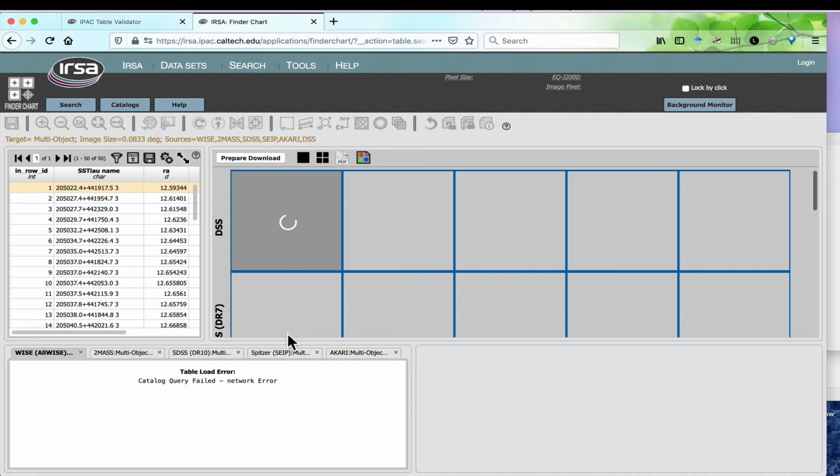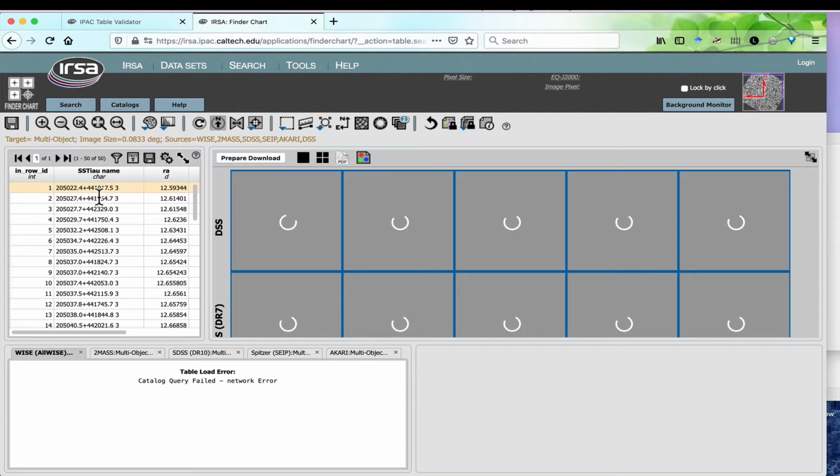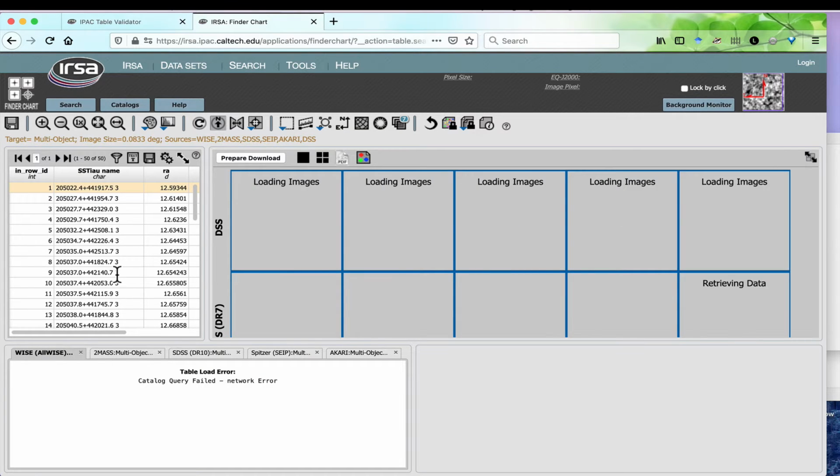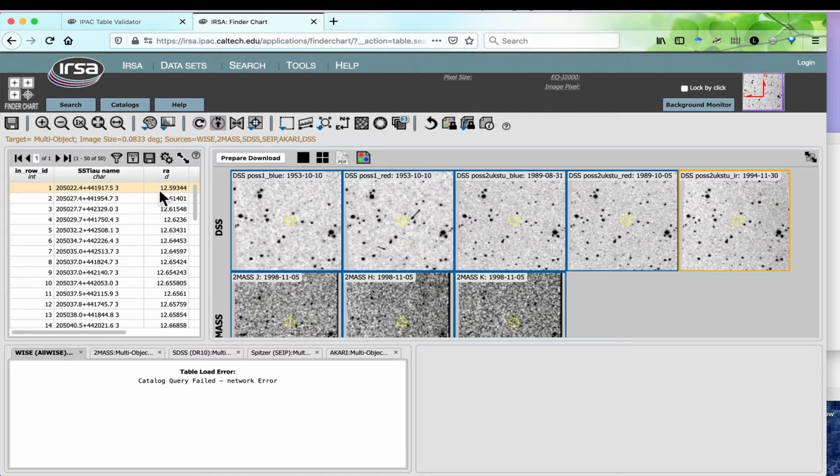You can see here, look, it's uploaded the table. On the face of it, it seems like it's done it, but look, all those right ascensions should have been 312 something, and they're all 12 something. And the images came through, but the catalogs failed. All of that is partially bound up in the fact that the file name has a parenthesis in it. So you need to be really careful that your file names don't have any unusual characters.